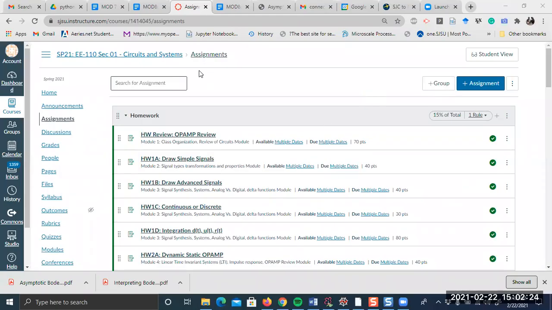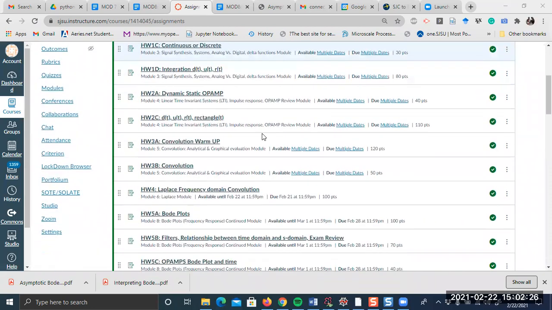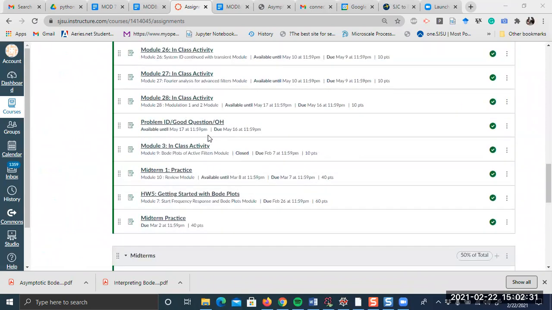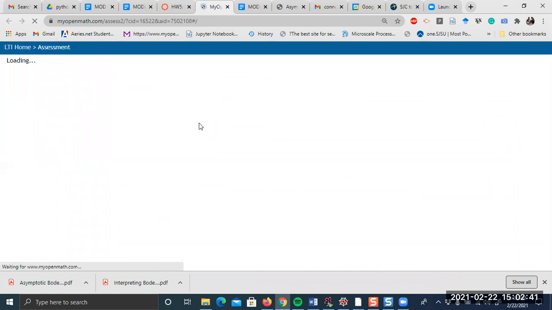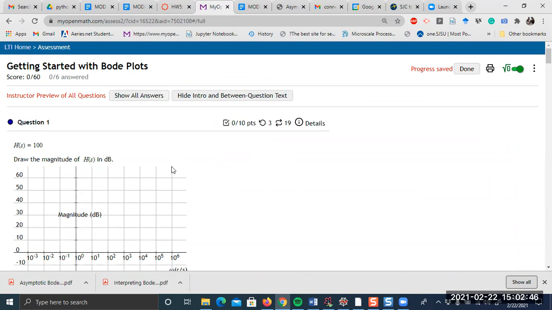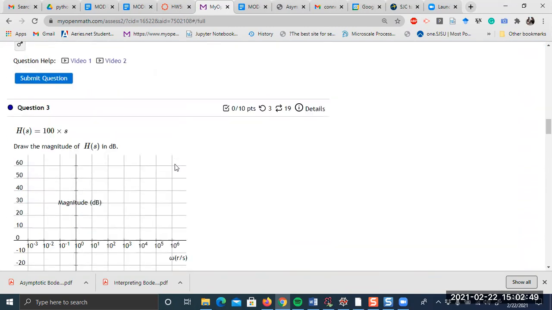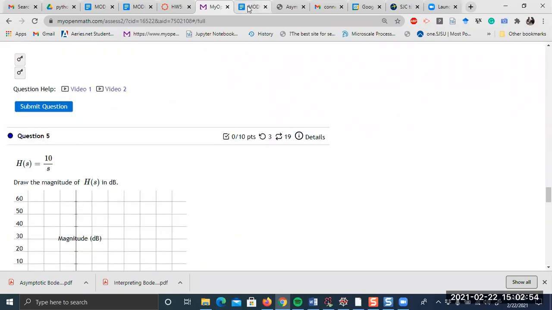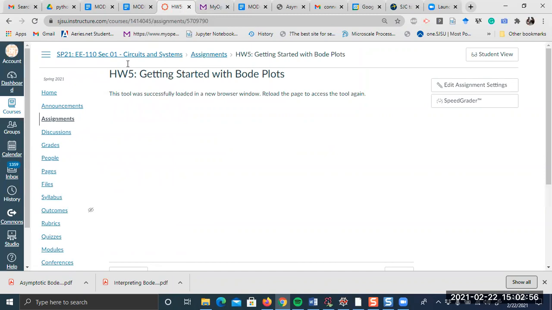So I added some clarifying homework assignments. We have homework 5, getting started with Bode plots, on the main basic shapes of Bode plots, which we'll go over today. It's just some simple drawings, but if you can do that, basically all the Bode plots are fundamentally built from that. Also,